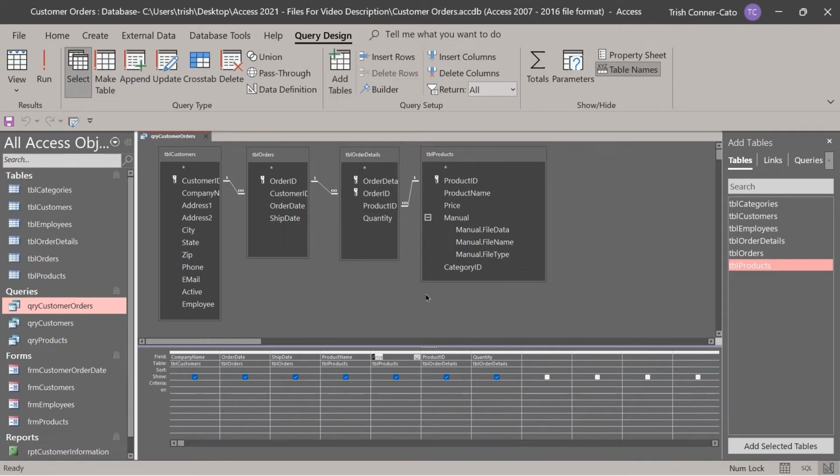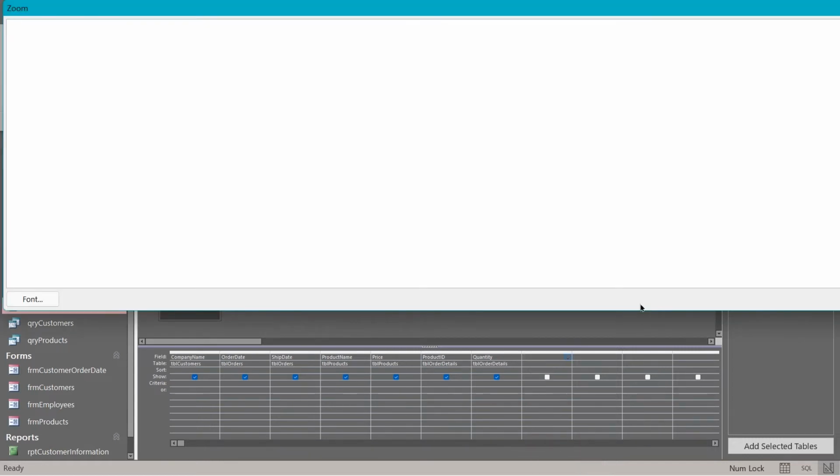So we're going to create our first calculated field, and we're not going to use the build for this one. We're going to use the zoom. So I'm going to right click on the first blank field cell to the right of quantity, and I'm going to choose zoom. And we'll just type this one in. It's just kind of short. So we want the name of this field to be line item total. So I'm going to type line item total,